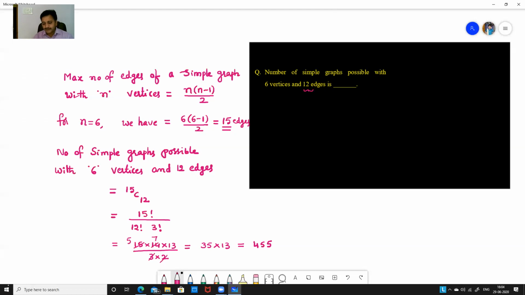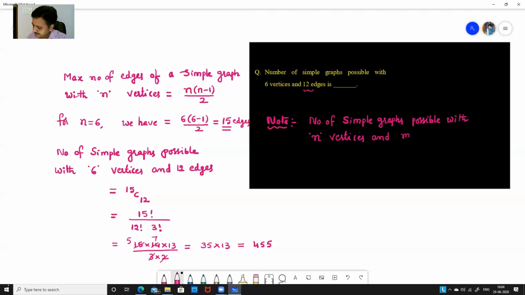Suppose if they ask the question in a different way, instead of asking 6 vertices and 12 edges, for example, in general, number of simple graphs possible with n vertices and m edges, right? Then how do you answer this type of question? First see how many